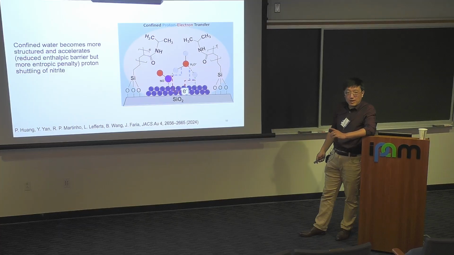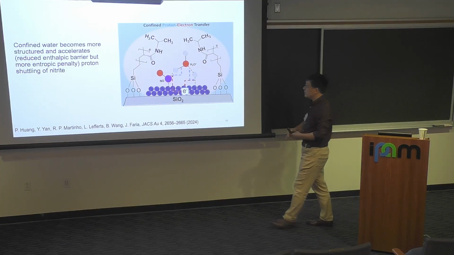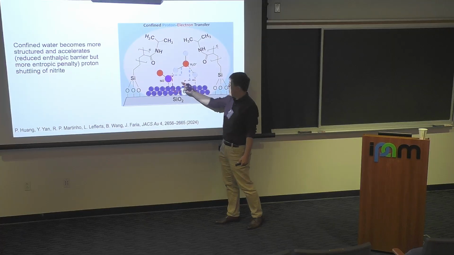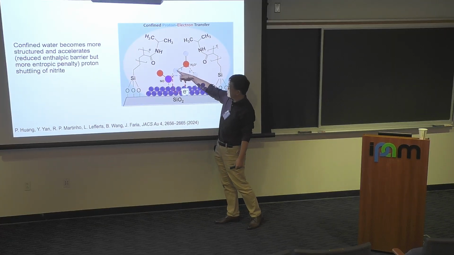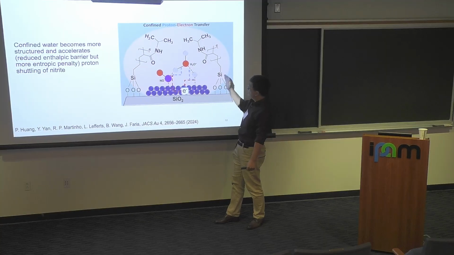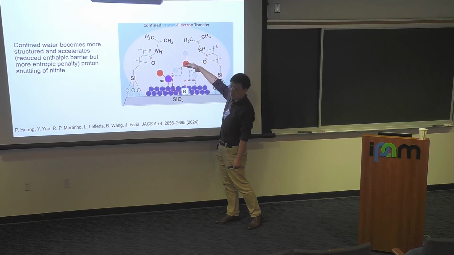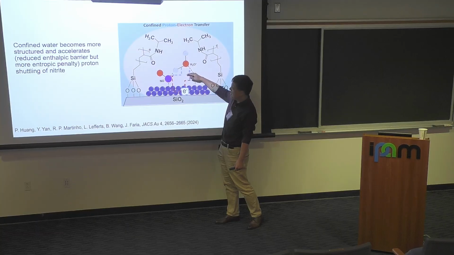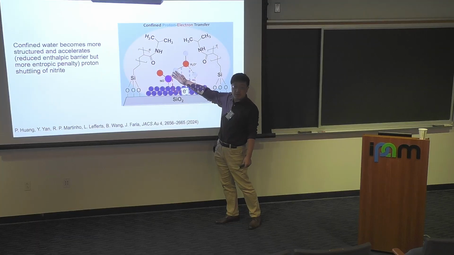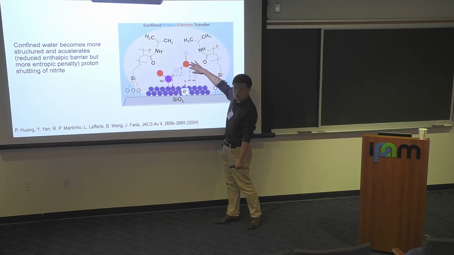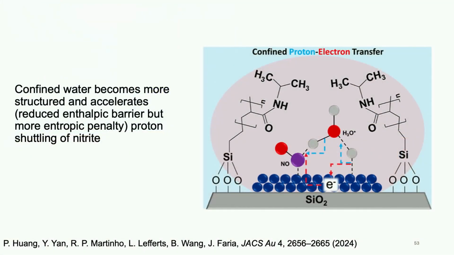Now we can give you a hand-waving answer first, which is the argument is the following. If I want to know hydrogenation, hydrogen goes to water, and then the proton goes to nitrogen. So now if I introduce this polymer, what may happen is I have this water more approaching the surface. So by changing a little bit this distance and a little bit this distance, I can promote my kinetics, as I showed already before in the sulfur hydrogenation example. And this change could be very small, probably just by 0.1 angstrom. And because they are close to the surface, the whole transition state is more bound, so entropy is lost, even though enthalpically it's promoted.